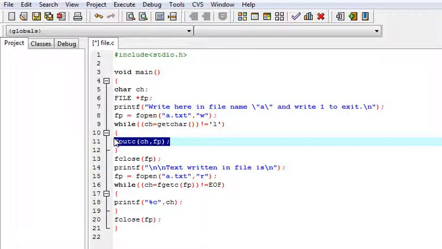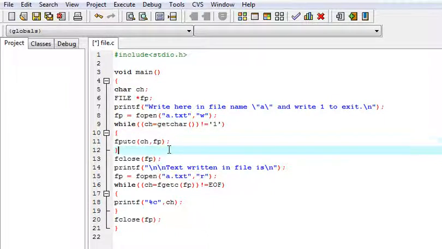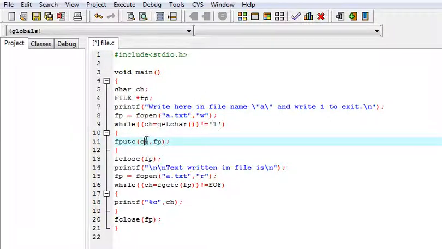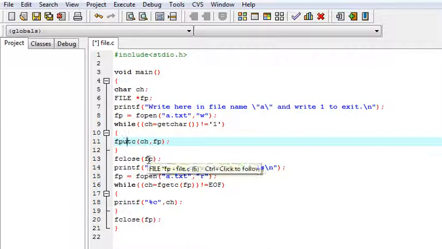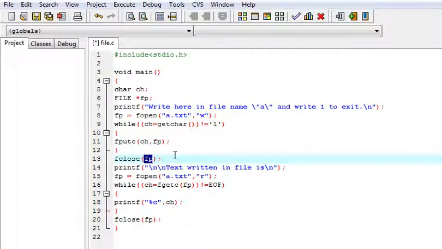It will put the characters we are getting from the user into the file. Here is the file pointer and here is the character we want to insert into the file. Then fclose will close the file whose file pointer we have written.